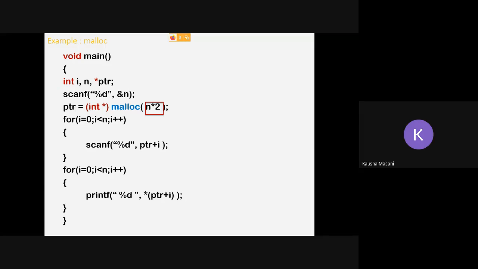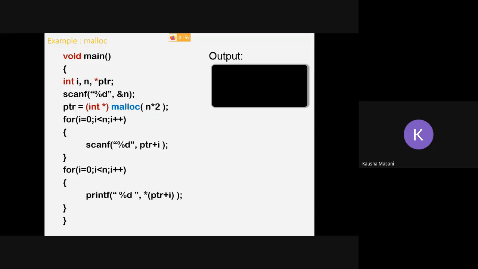So n star 2. When I execute this program again, instead of i less than 6, I am writing i less than n. That is one small change in your for loop: instead of 6, you write n.